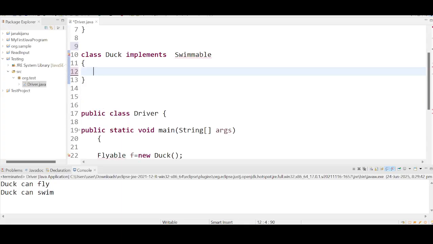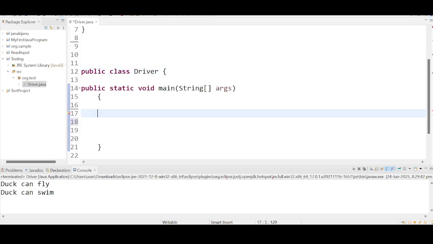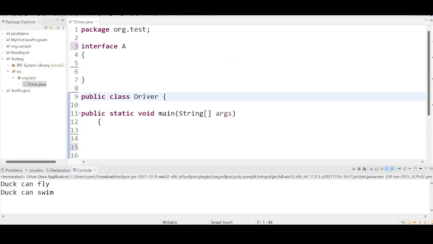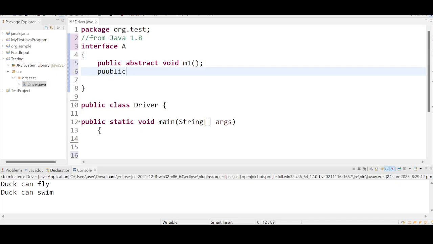Let's use the Driver class itself. Driver is also a class, and let us implement it. From Java 1.8, what is actually happening is you can have an abstract method. Abstract method is what? Public abstract void m1. This is an abstract method. You can also have a variable, by default public static final,